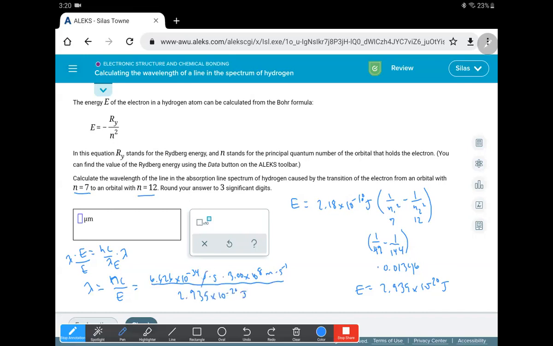Check our units: joules cancel, seconds cancel. We're left with meters, which we'll have to convert to micrometers. So we put that all in. I'm going to use my EE button again: 6.626 EE negative 34, times 3 EE 8, and then divided by 2.935 EE to the negative 20th. And I get